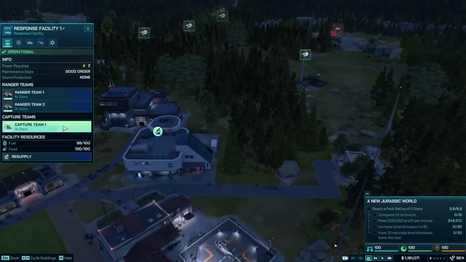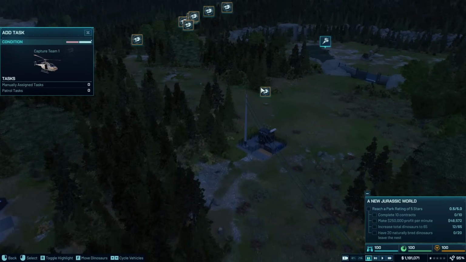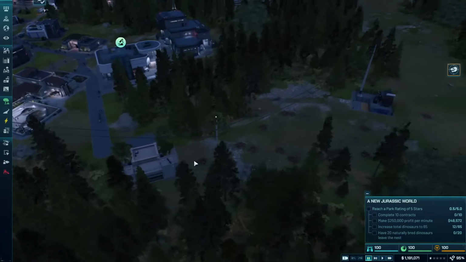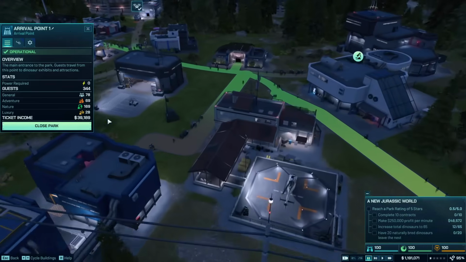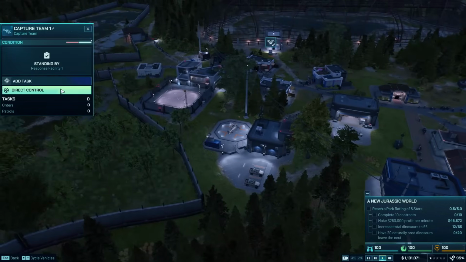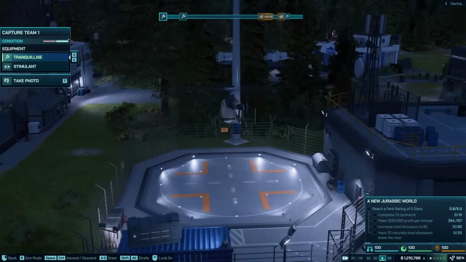Can I get the tasks on? Can I add a task to neutralize these? No, I can't. I can only neutralize. I didn't think I would be able to. That's fine. We could go in and do it manually. So let's not go to the arrival point. Let's go to the chopper. Get to the chopper and let's start getting up there so we can tranquilize these before they cause any issues